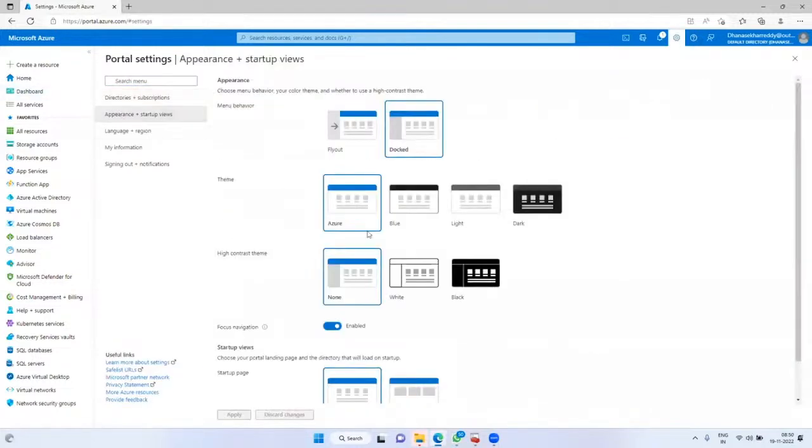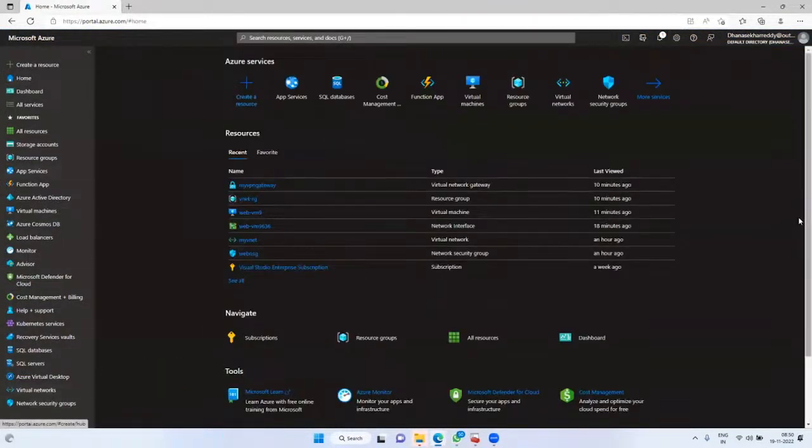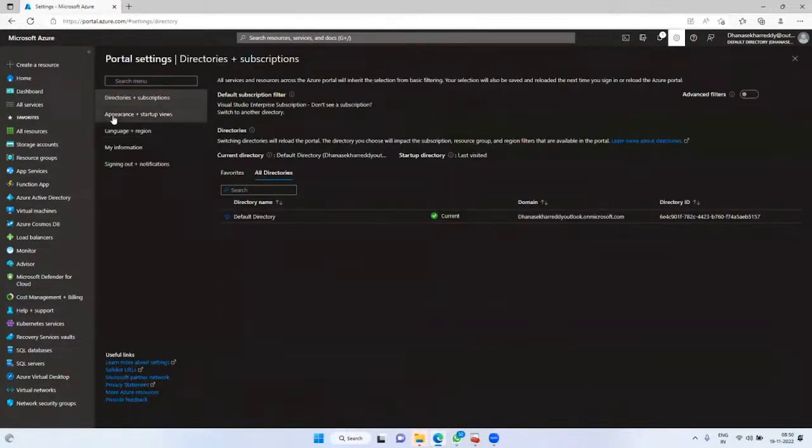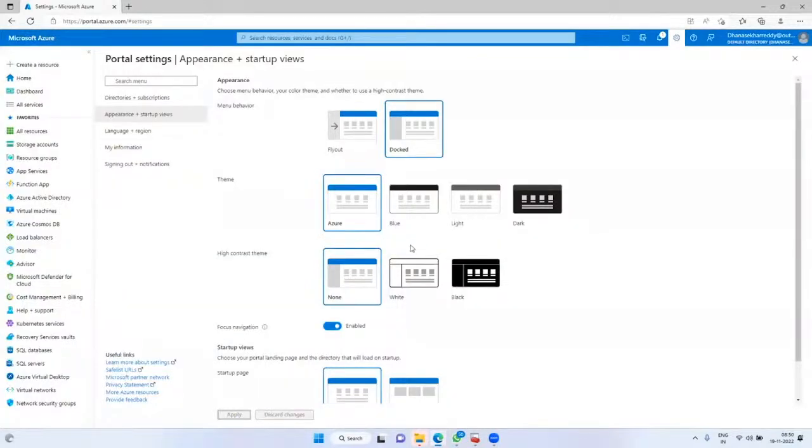Now navigate to settings. The next option is theme. Theme, in the sense of how people change the theme for Gmail and all, right? In the same way we can change the theme here. For example, if you need entire dark, apply dark. See, the entire portal is displaying in dark color. These are all your personal settings. You can apply whatever themes you want. Now I am going back to Azure default theme. I like only the default theme.